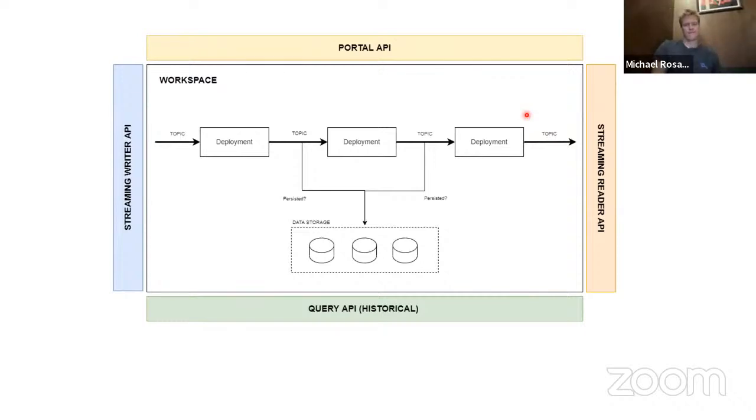And in this pipeline, we have deployments, that is each application that is processing this data. And we have topics, that is the communication between these processes. When we say topics, they are a Kafka topic. That is our main message broker. We are using Kafka as a main way of communication between each step of your pipeline.